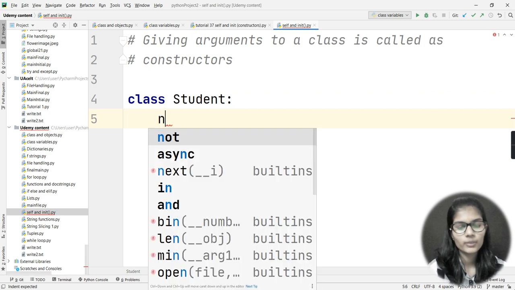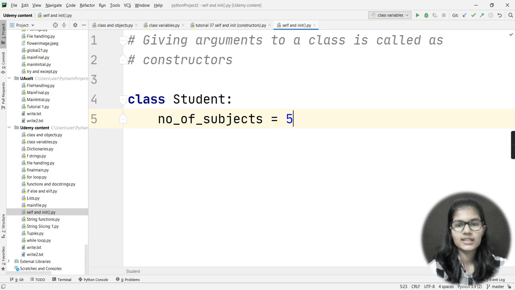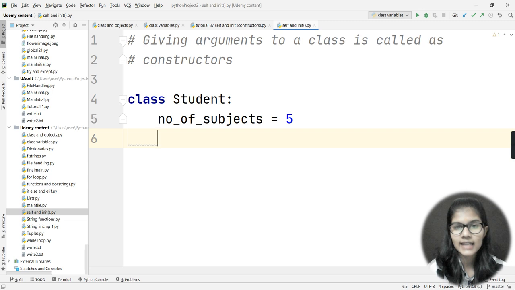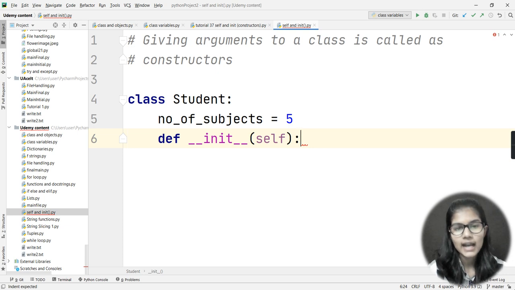I would come down and make the class variable. So here I would make my class variable as number of subjects, which we have done previously, equal to 5. Let's say I just assign it a value of 5. Now init and self, these two are the constructors, right? So when you want to declare the init, we write def, which is the function, underscore underscore init. And whenever you use the init function, self will automatically be passed inside that function.